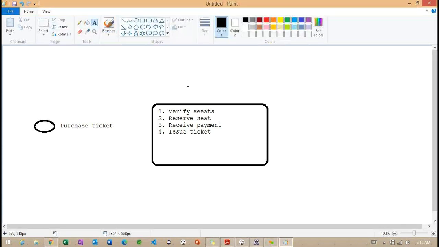From here, we are trying to purchase a ticket. Now we need to check whether everything goes well, or if anything failed here.